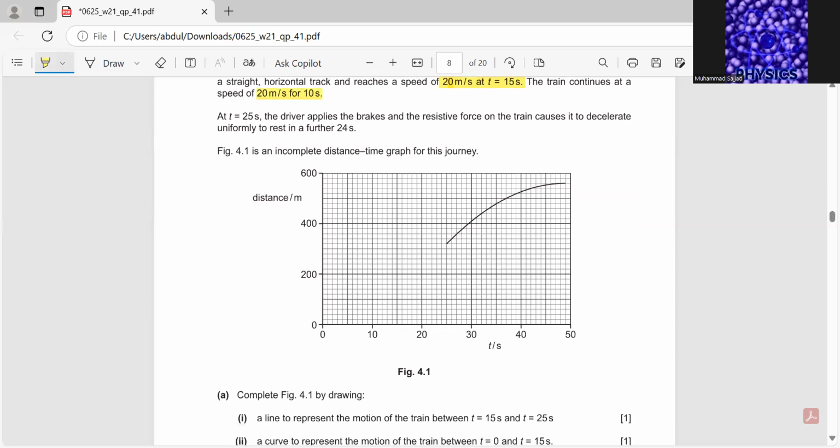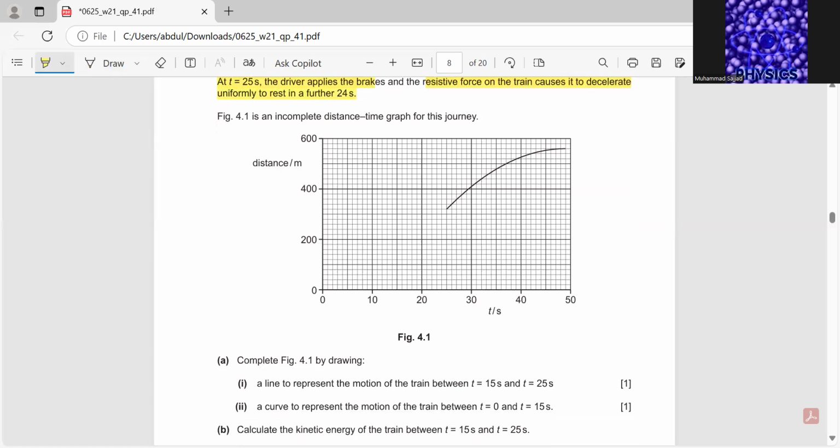At t equal to 25 seconds, the driver applies the brakes, and the resistive force on the train causes it to decelerate uniformly to rest in a further 24 seconds. Figure 4.1 is an incomplete distance-time graph for this journey. Complete Figure 4.1 by drawing